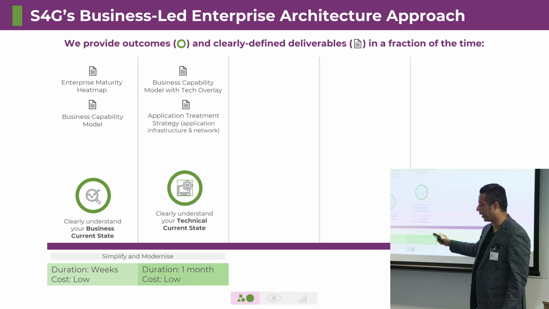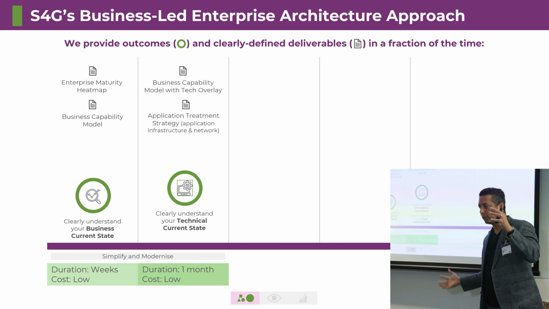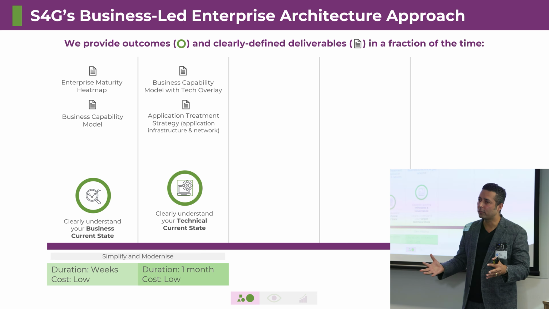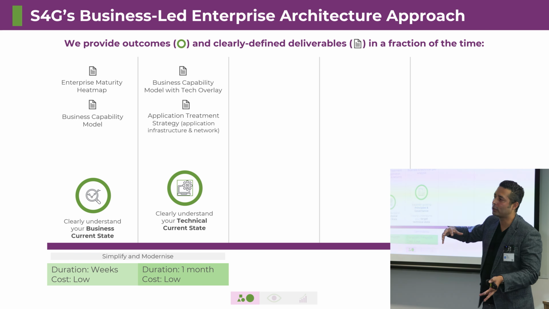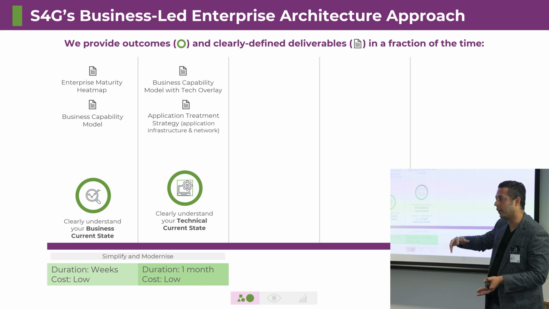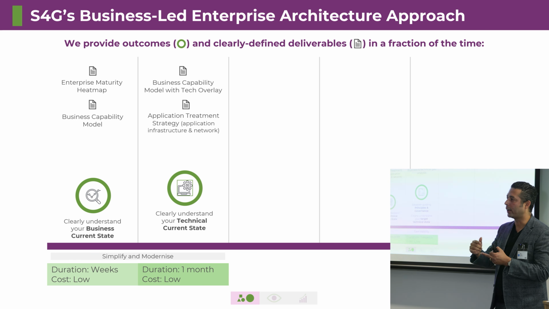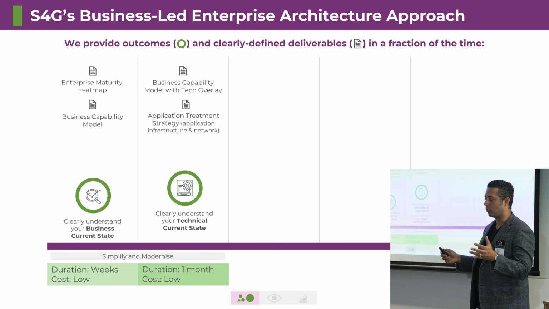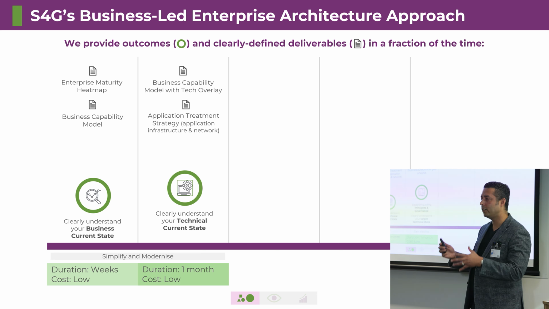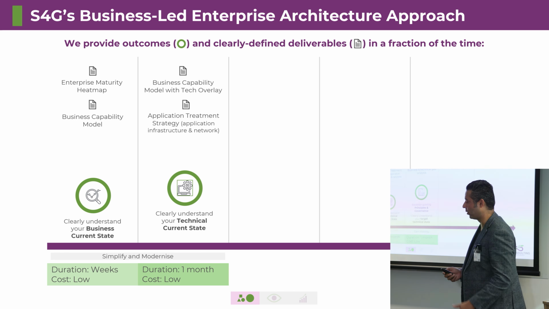Then within a fraction of time, they start understanding their current technical state, which means how that application sits, how that interacts with the infrastructure. What is the infrastructure that is sharing the same amount of application? What are the business processes that also have application duplication in them? And most importantly, they get the application heat map that shows what applications are out of support, what applications are good enough, and what applications have to be taken over. And then you start creating your R factors, as they say: retire, refactor, reform, and everything else.